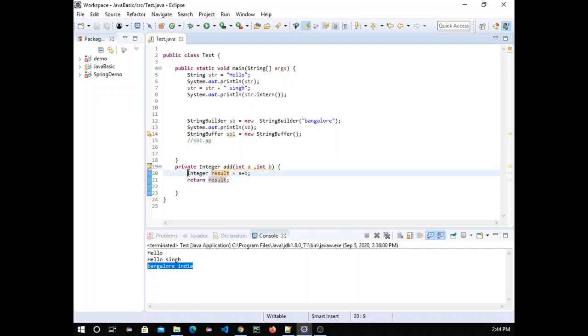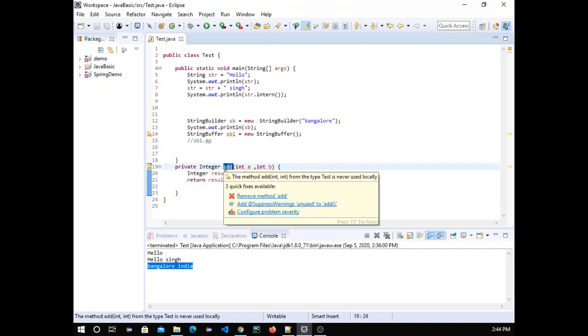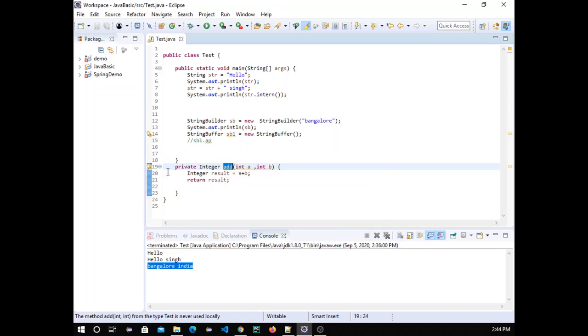So suppose this is the business logic and we want to make this method thread safe, meaning only one thread can execute it. So what we will do is make it synchronized.